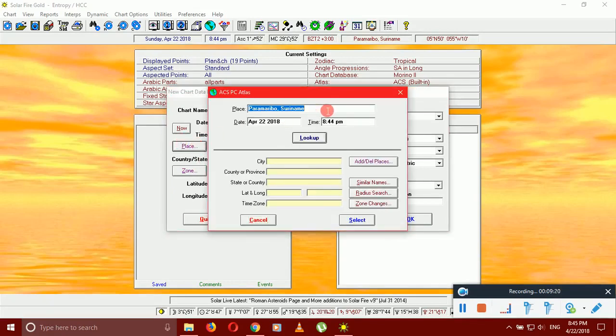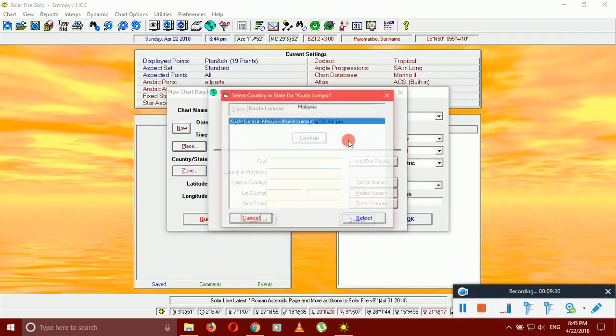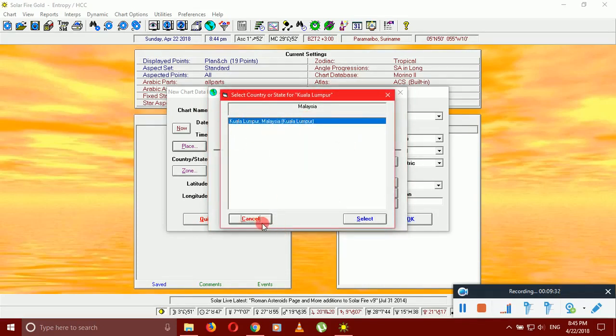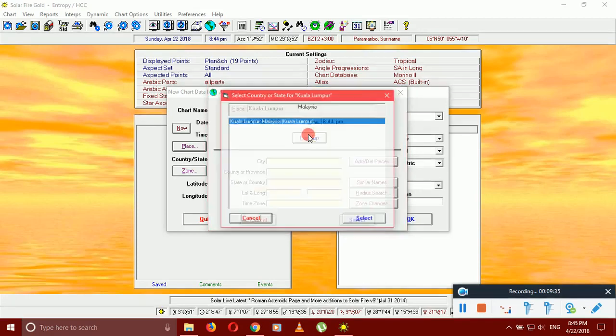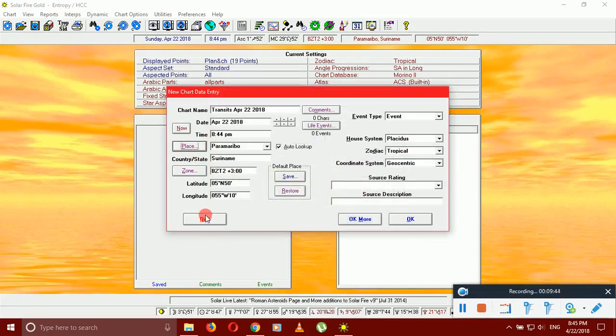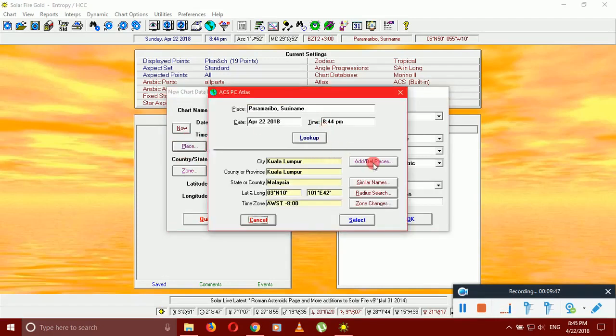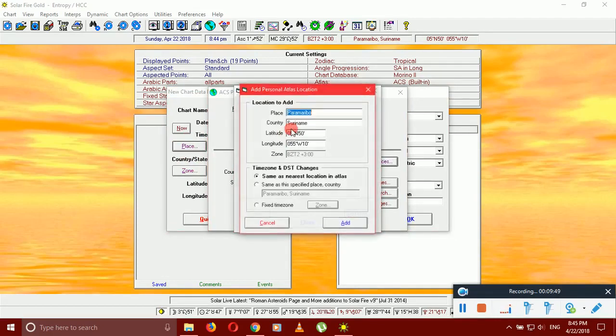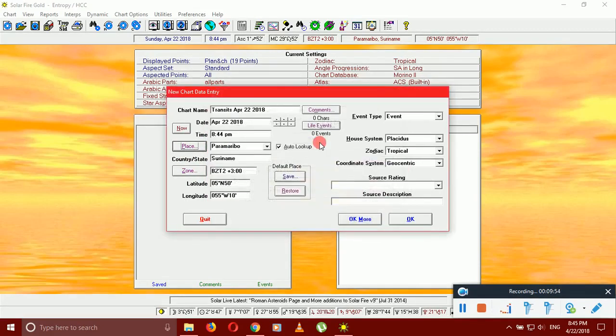It doesn't matter which place you want to look up, okay? You can look up some cockamamie place that nobody's ever heard of, even Kuala Lumpur, for example. Not dissing Kuala Lumpur, I think it's a town in Malaysia, right? Yeah, there you go, Kuala Lumpur, Malaysia. If you do select it, it will automatically adjust the latitude and longitude and the time zone, everything. Even if there is a place that is unknown, you can simply insert it yourself. You add and delete places. You can literally add a new place based on latitude and longitude. You can give that place a name, you name it.